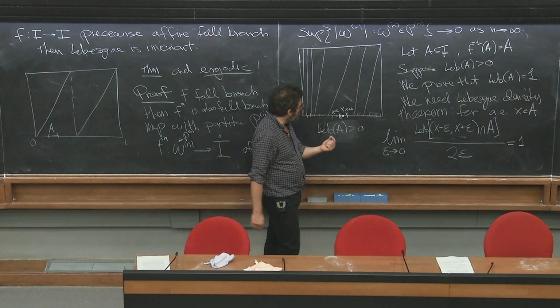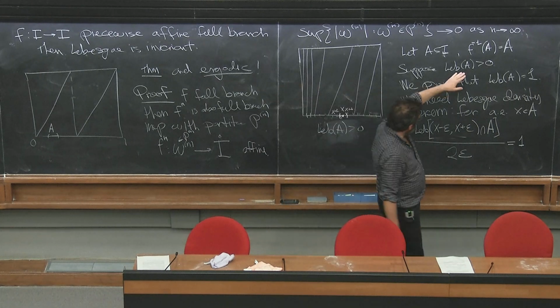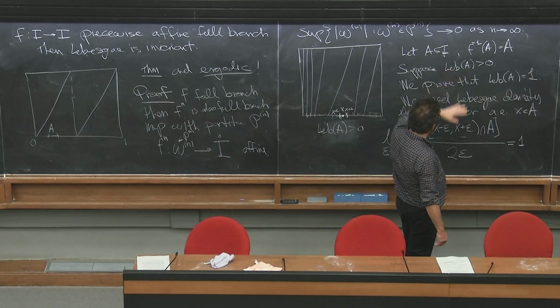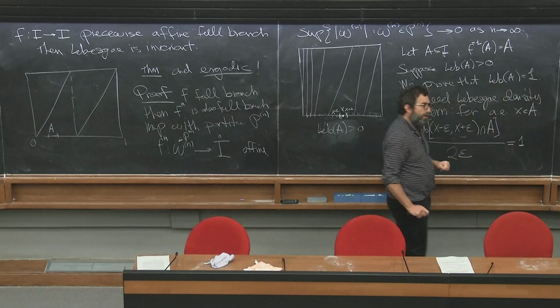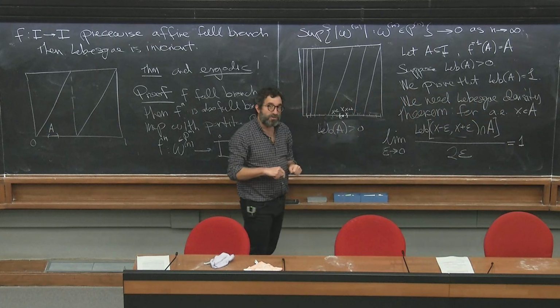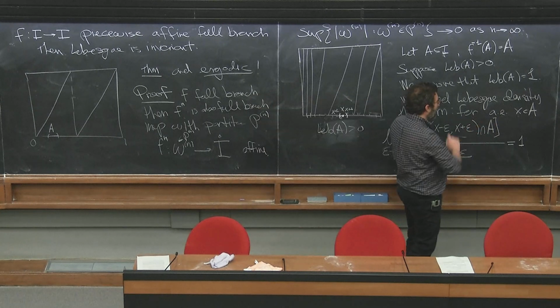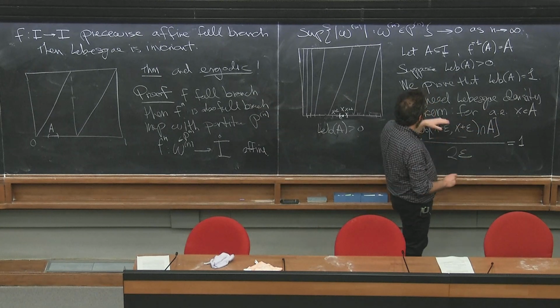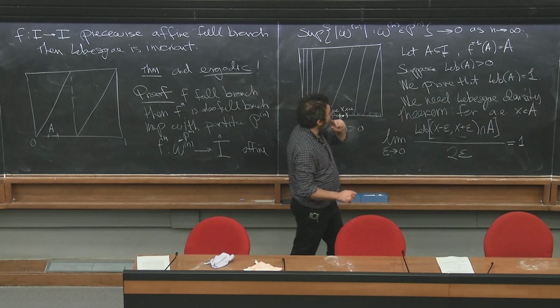We're going to focus in, so we're going to choose a point. This holds for almost every x in A. These points are called Lebesgue density points of A. So this is not for every x, but for almost every x. A way to state this is that almost every point of A is a Lebesgue density point of A.